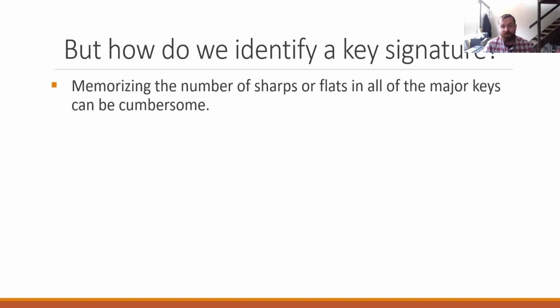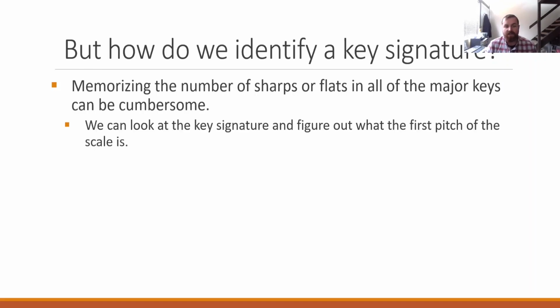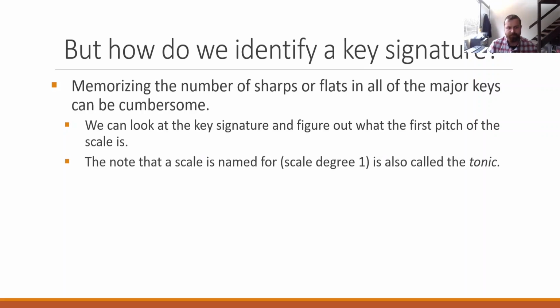Memorizing the number of sharps or flats in all the major keys can be cumbersome. Again, you can do it. There's only 15, but that requires a lot of memorization. We can look at the key signature and figure out what the first pitch of a scale is. Now,